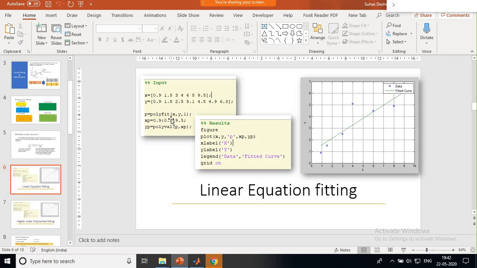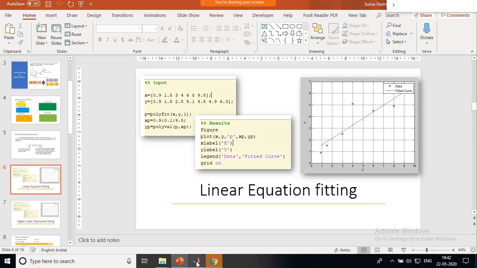But whenever you are going to fit the curve, make sure that your number of data points is not less than your order plus 1. Meaning if your order is 1, then your data points should be at least 2. If my order is 2, my data points should be 3. Then I can fit this, otherwise I can't. The number of data points should be the order of the function you are going to fit plus 1. That many data points are necessary for this.